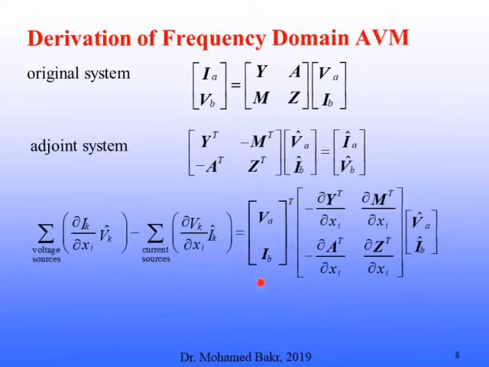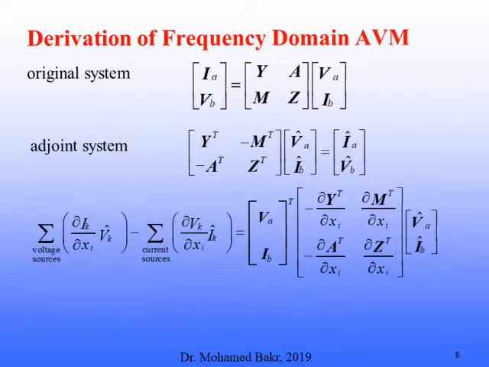These are the voltages and currents of the original circuit. These are the voltages and currents of the adjoint circuit, and these are the analytical derivatives of this matrix that we have here relative to the parameter xi. But we know these matrices analytically. We don't have to calculate them through